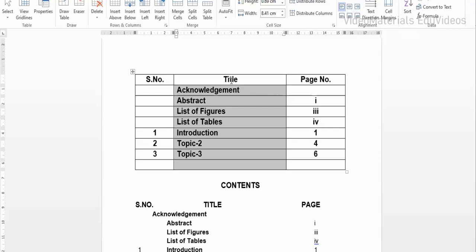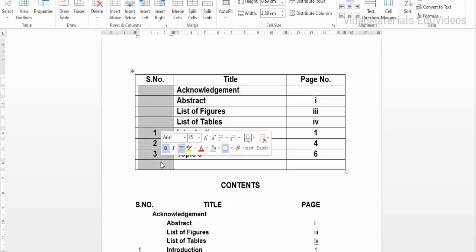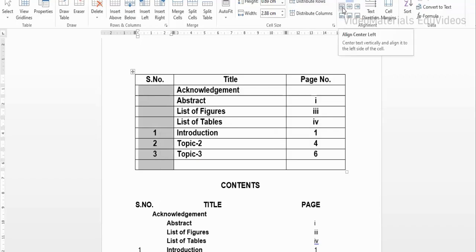For the title, you have to choose Align Center Left, and for the page number it is Align Center, and for the serial number also it is Align Center. You have to remember that when you are choosing Align Center Left for the title, then you have to choose Align Center for page number and serial number.